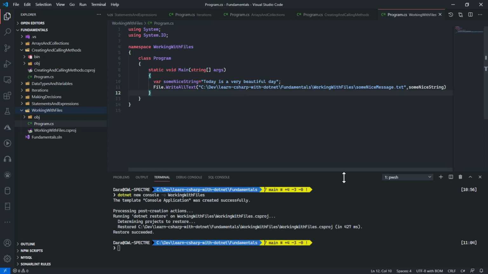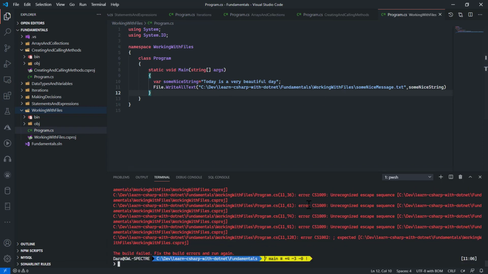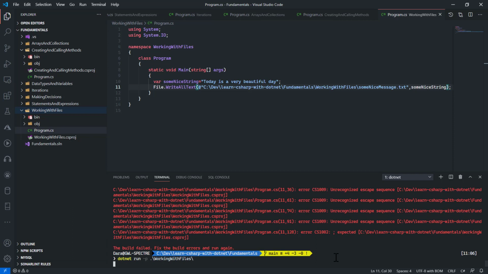If I try to run this, I'll run into a problem. So if I try to do dotnet run, specify the project, I would run into an issue here that's telling me I have not escaped about 4 characters. 1, 2, 3, 4, actually 5 of them. And also, I'm missing a semicolon over here. So what I need to do is turn this into a string literal by putting the @ symbol in front of the string. If I run this again now, I would see that I'm able to write this file successfully